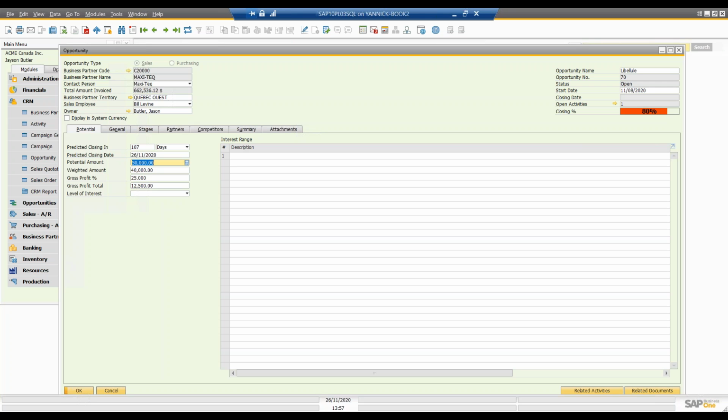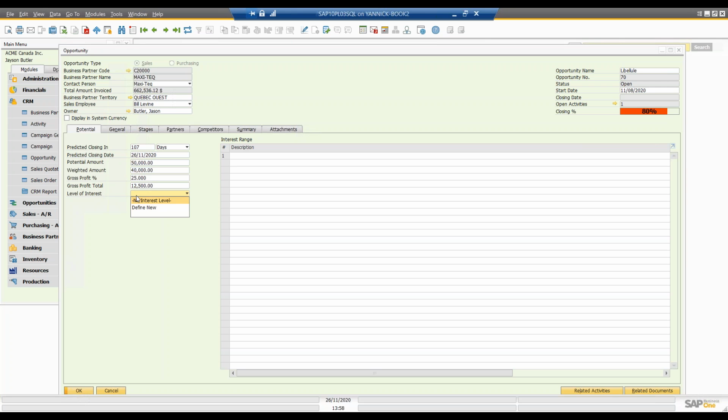You enter your potential amount, weighted amount. We'll see that in the different tab here, in the stages tab. We'll see how it's calculated. So the more you're at the end of the process, the higher the weighted amount will be. The potential, the percentage it turns into a success. That's the weighted amount. Gross profit, you can estimate your gross margin on that sales, and level of interest, just